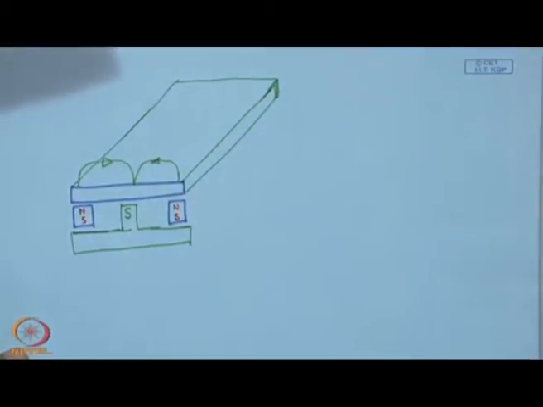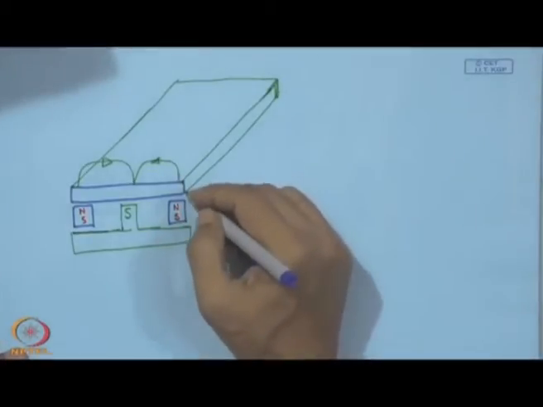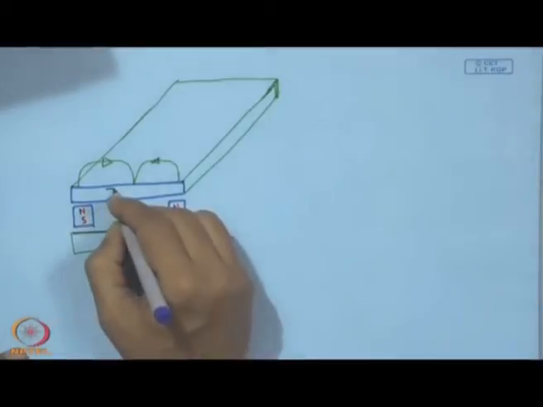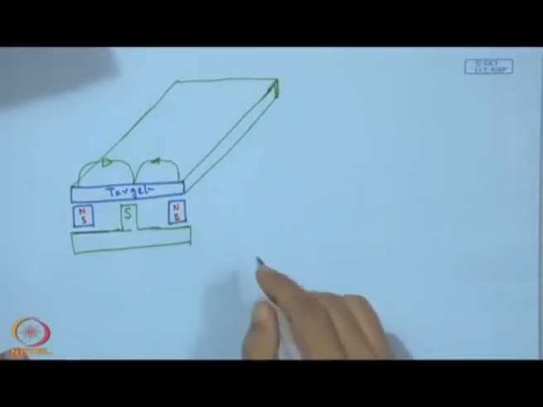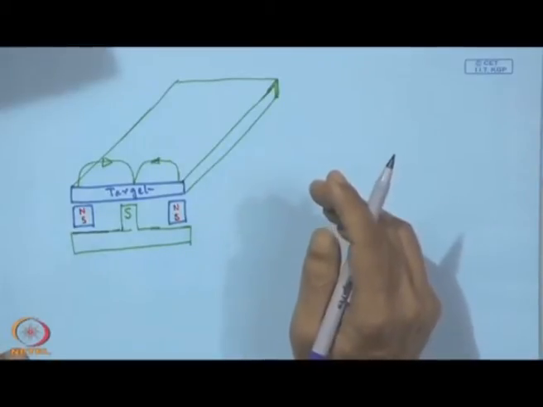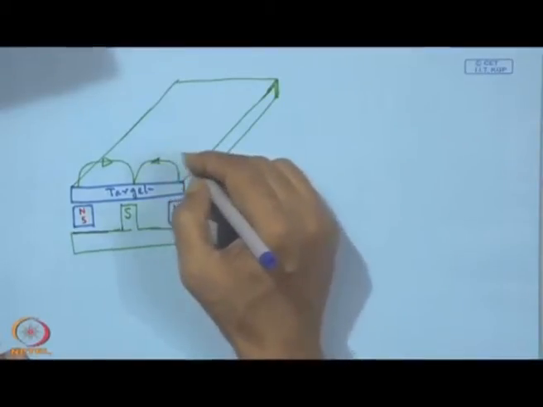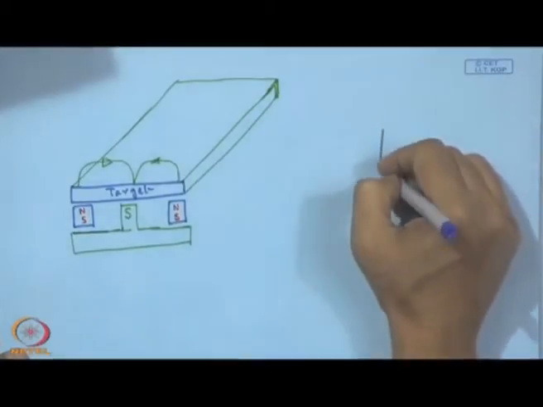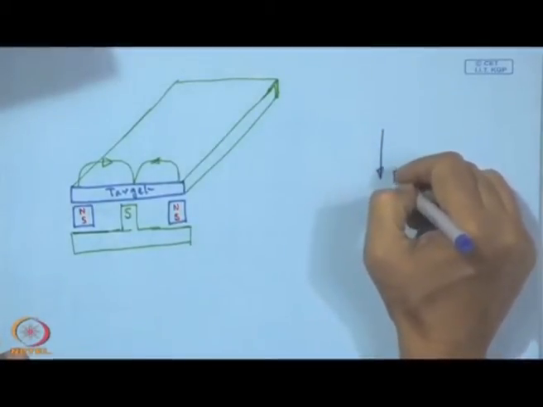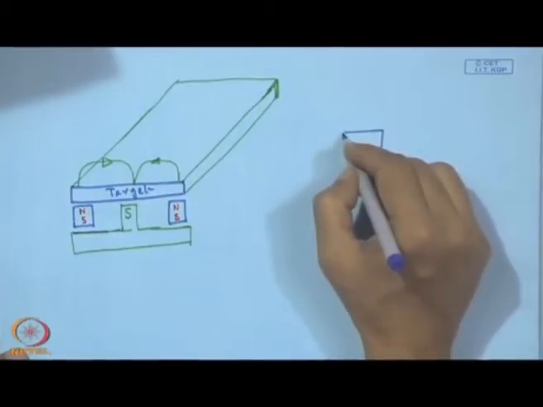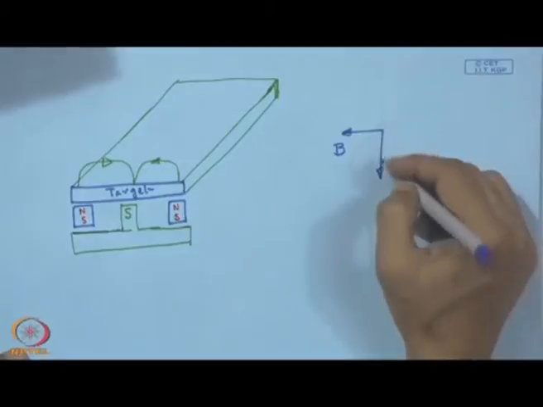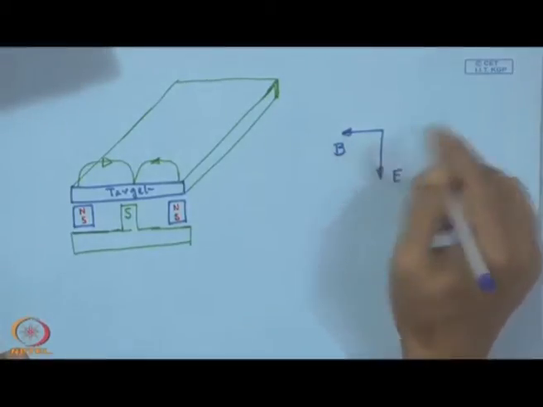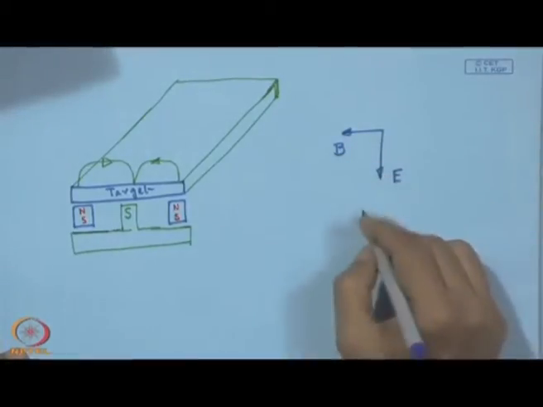So, this is one rectangular piece, and here this is actually the cathode, or the target material. Beneath this we have such a configuration of the magnet, and then we have the electric field in this form. This is the electric field, and this is the direction of the magnetic field, and as a result of this, we can have this E cross B drift